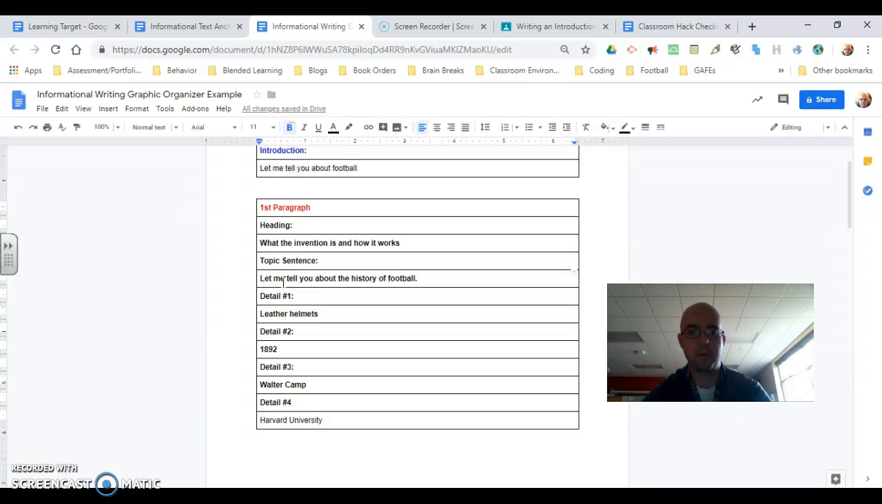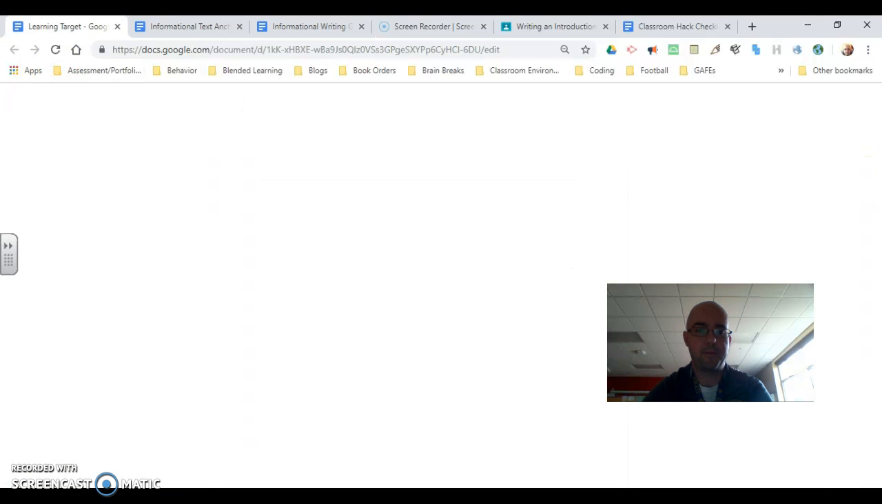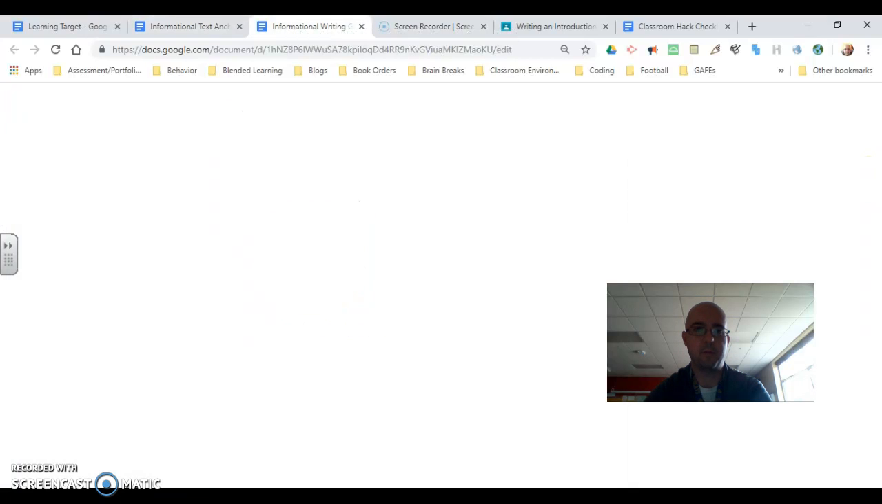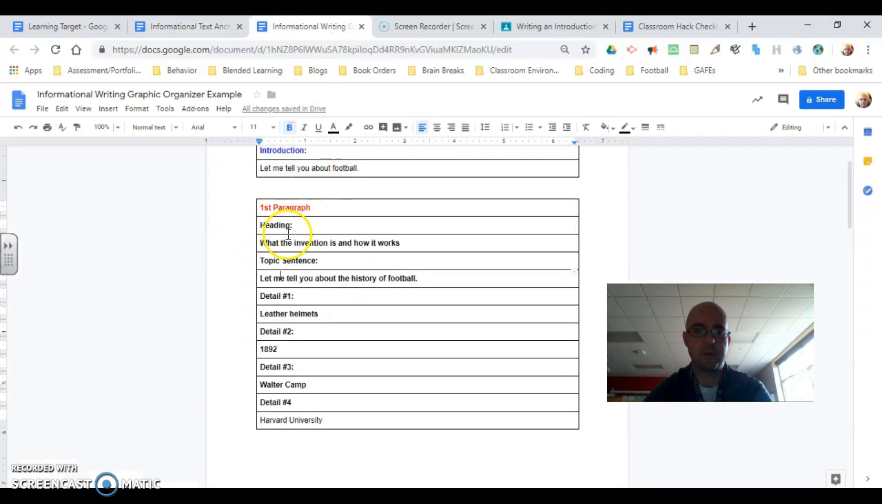Then I'm going to write my topic sentence here. Then I'm going to tell some details about it. So again, the details are just a word or two. You're going to turn them into sentences later. So our learning target is I can write an informational paragraph. How we write an informational paragraph is we have a heading, and we're not always going to have headings in informational writing, but in this case we're going to have a heading, we have a topic sentence, and we have a word or two that tell us some details about what we